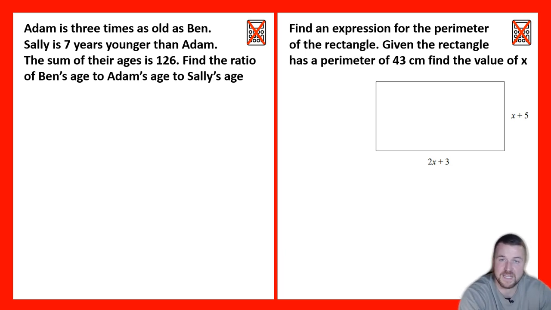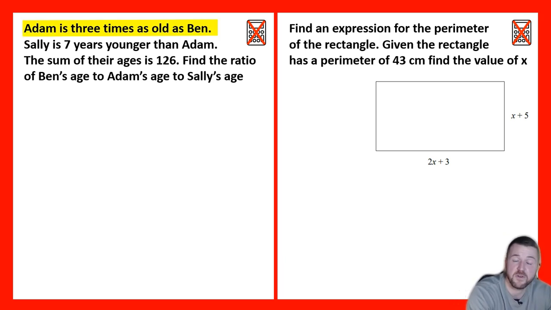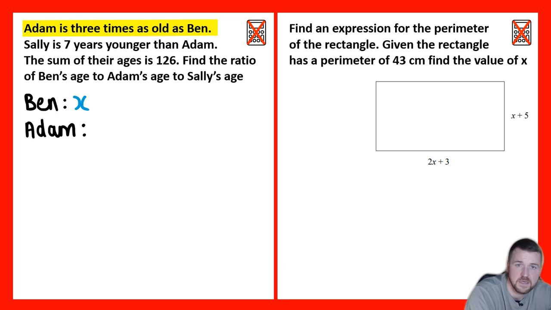To start, we'll identify an unknown. So we'll pick a variable such as x to represent what we're trying to find. So if Adam is 3 times as old as Ben, we don't know how old Ben is to start off with. So we'll represent Ben's age as x, an unknown. If Adam is 3 times as old as Ben, we can represent Adam's age as 3 multiplied by x, which